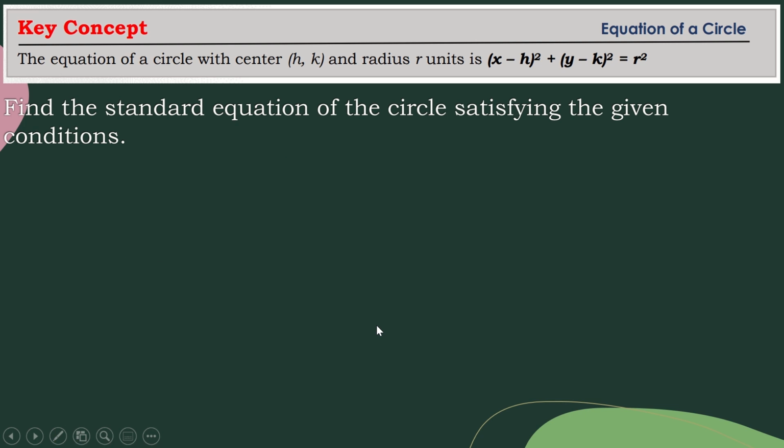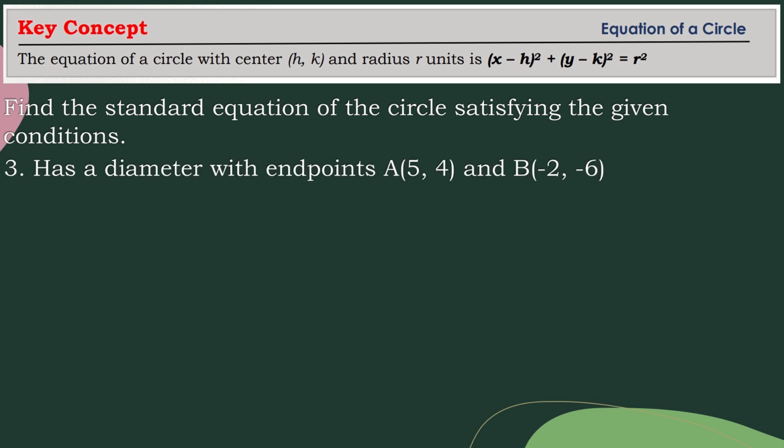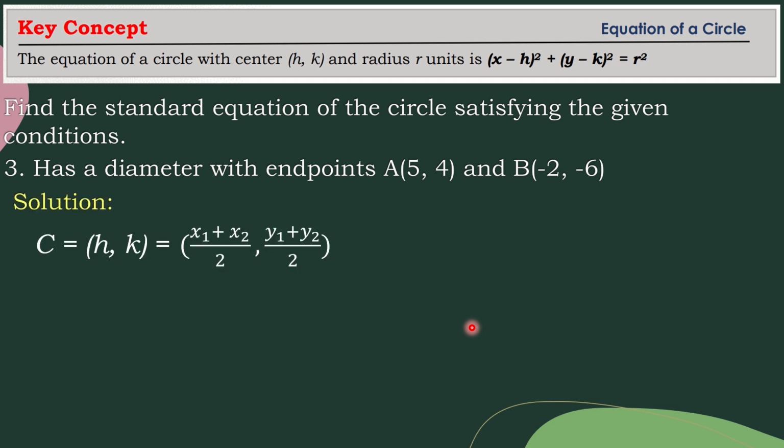Now what if you are just given the endpoints of the diameter? How are you going to find its standard equation? Let's take for example, a circle has a diameter with endpoints A (5, 4) and B (-2, -6). Remember that in order for us to find its equation, we need to know first the coordinates of the center and its radius. So first, we need to find the coordinates of the center by using the midpoint formula, which